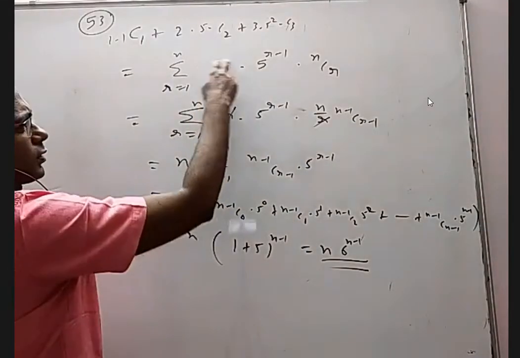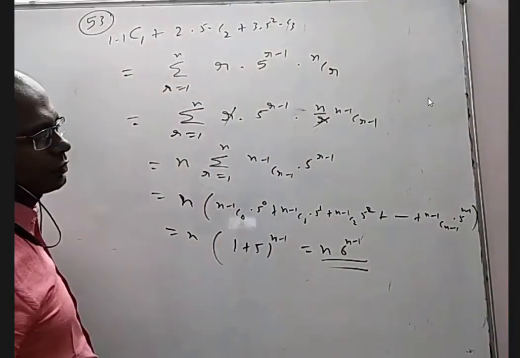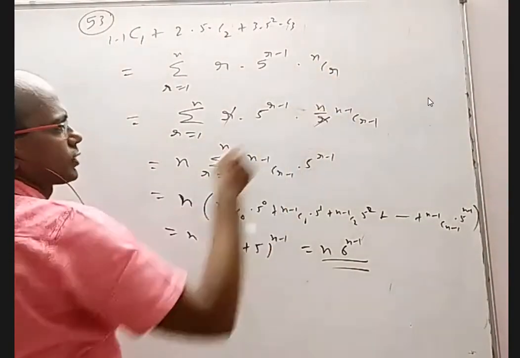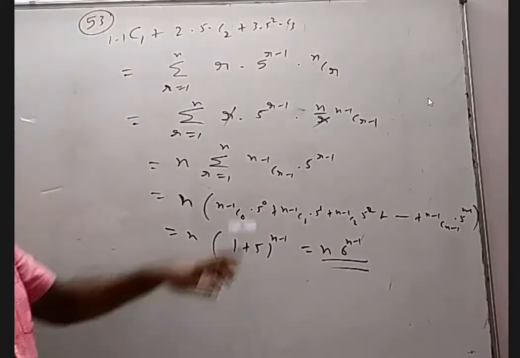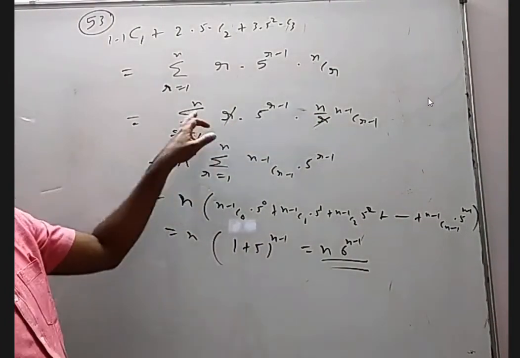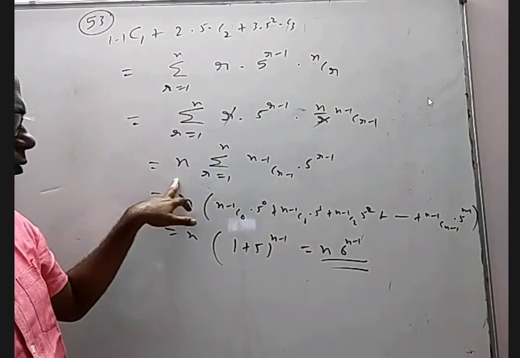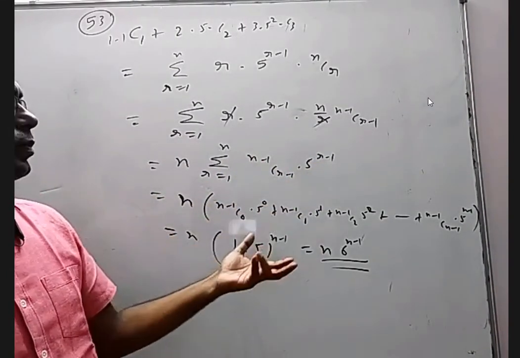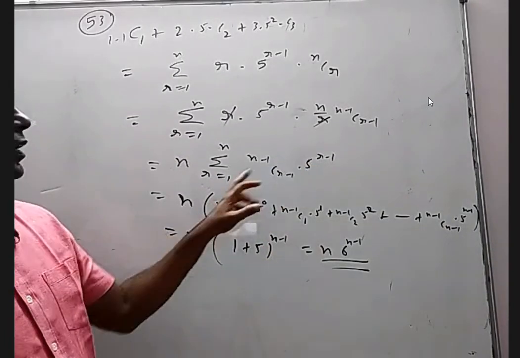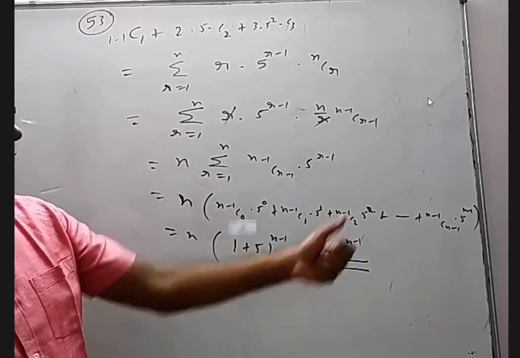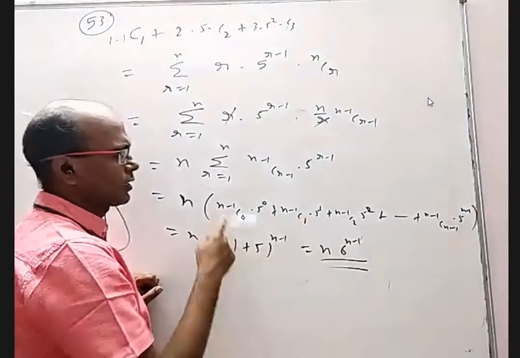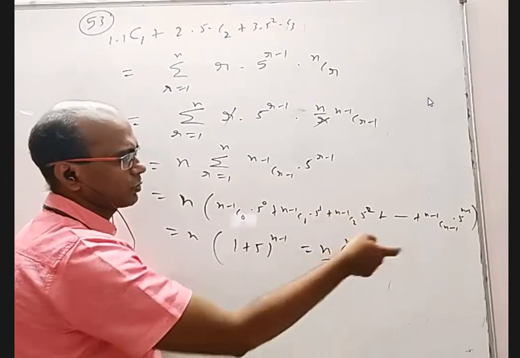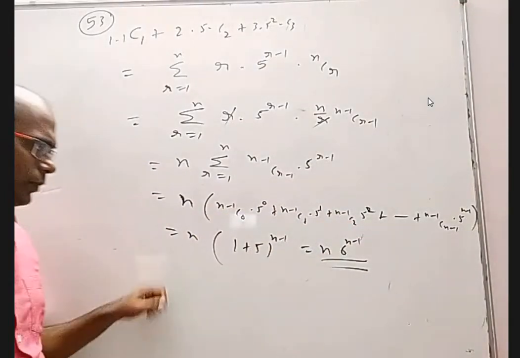I don't want this R. Okay, then only I can use one of the formulas. So how to do that? This by this into 1 less, you can use that. R will get cancelled. N is a constant with respect to sigma because only R is variable, I can take it out. Now from here only you can see NCR X power R is 1 plus X whole power N expansion. If not, let us expand this, put R equal to 1, 2, 3, you will get this. Looking at this, you can easily understand it is binomial expansion of 1 plus 5 whole power N minus 1 because you have 5 power 0, 5 power 1, 5 square, and all the binomial things. That's it.